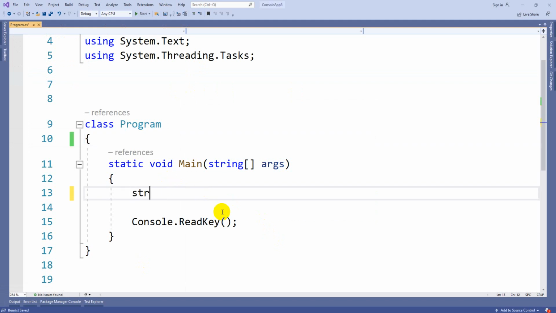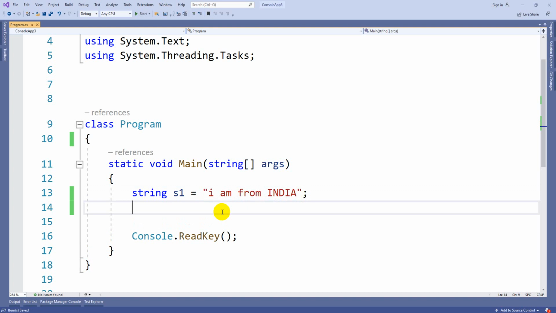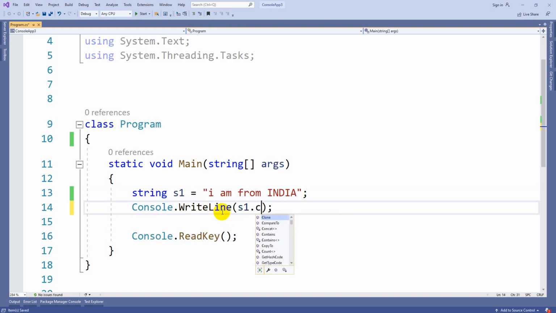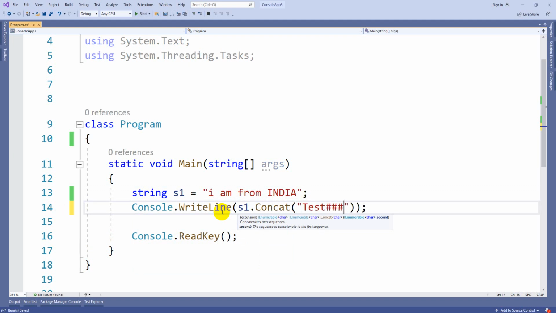Suppose you take a string s1 is equal to some value. In Console.WriteLine, if I write s1 dot, there is a method called Concat. So Concat of test, some string.